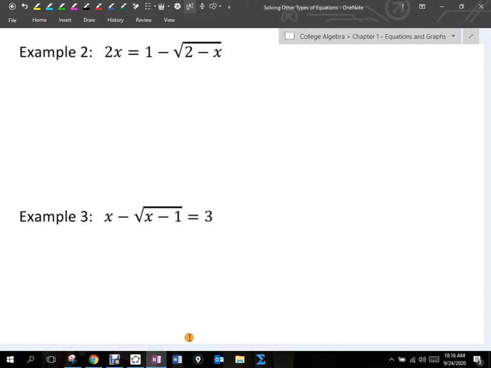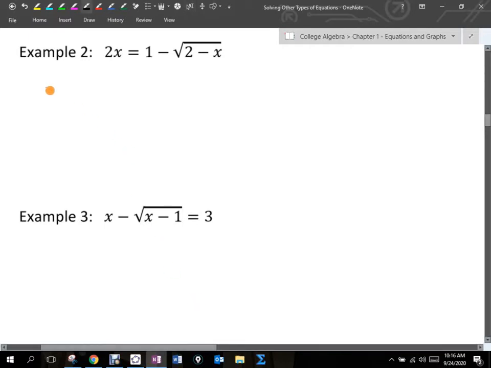So here, if we try to isolate our root term, that'd be that term there. We need to remove the 1, so I get 2x minus 1 is equal to the opposite of root 2 minus x,